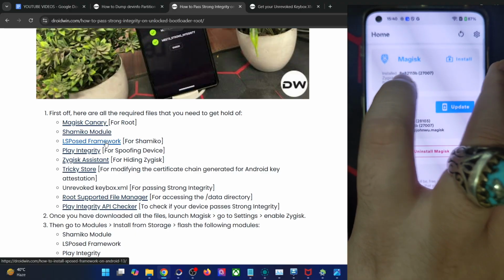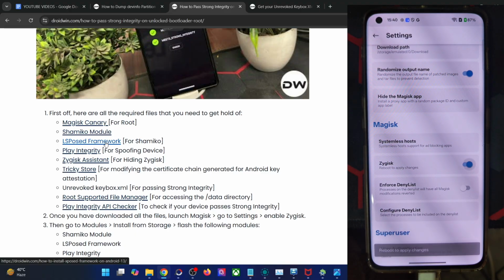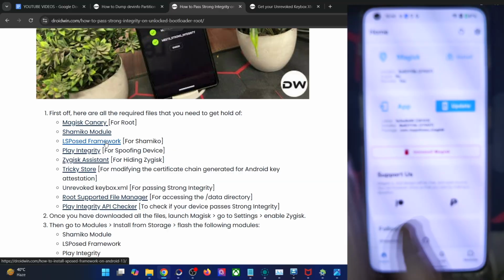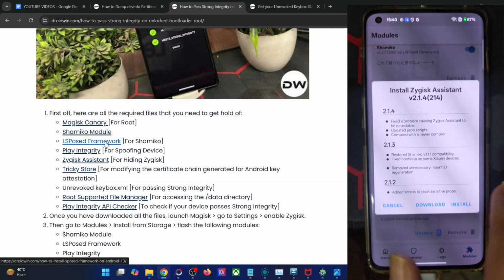As you could see, it's currently turned off. So go to the settings menu of Magisk, enable the toggle next to Zygisk, and you now have to do a reboot after flashing all the 5 modules and enabling Zygisk. Do a reboot. Okay, one more thing, if there is a pending update next to any module, simply tap on